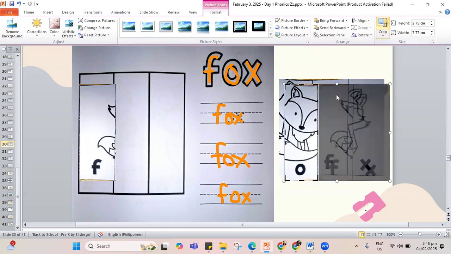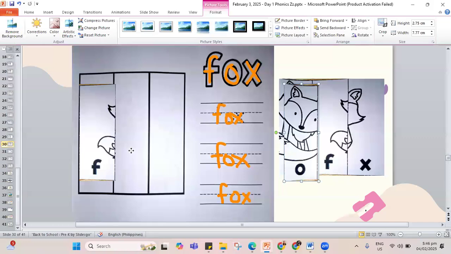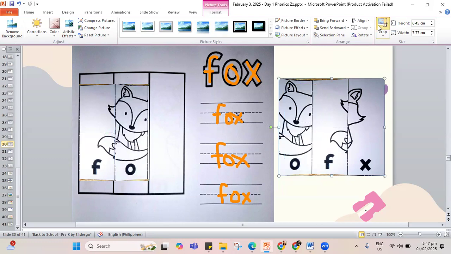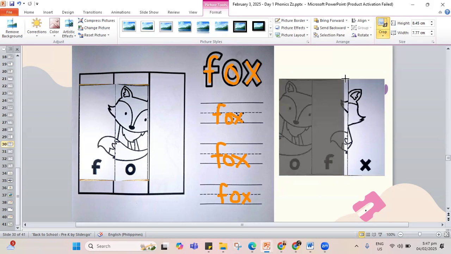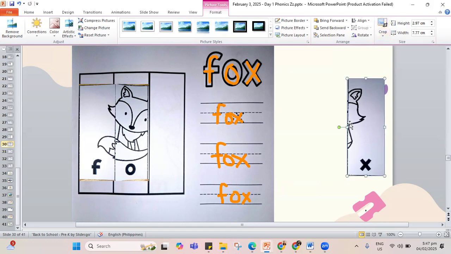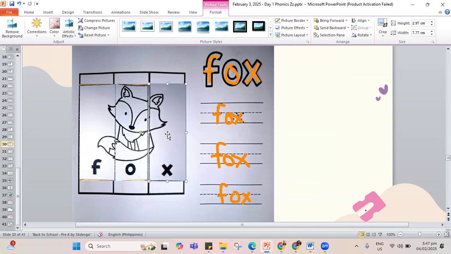That's the letter O sound. O, F-O. And the last one, the X sound. We have our letter X. X sound, letter X. So we have our fox. F-O-X, fox. Let's erase the writings.